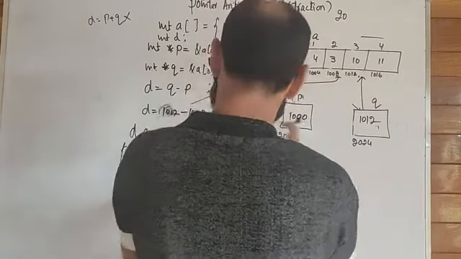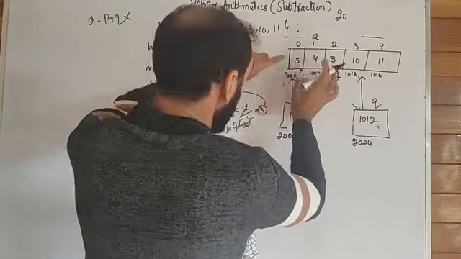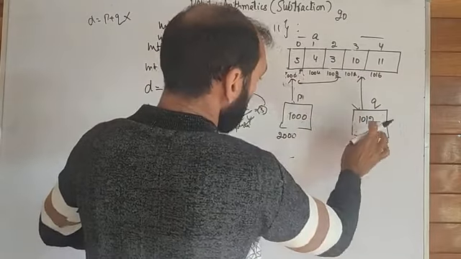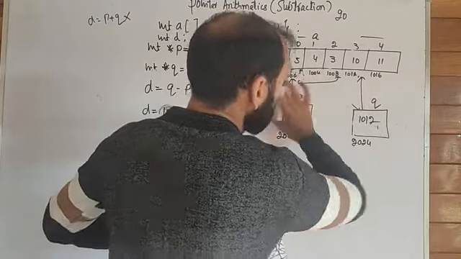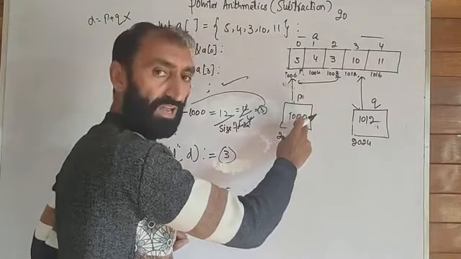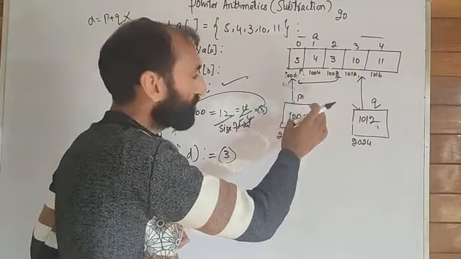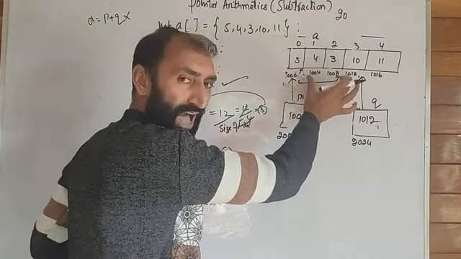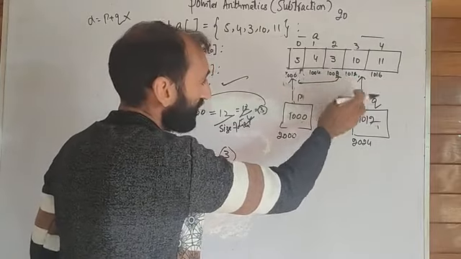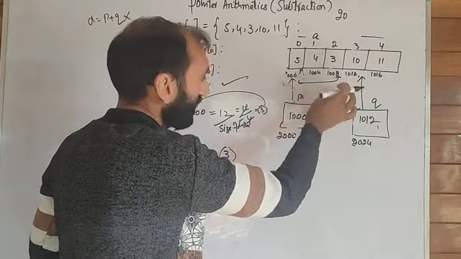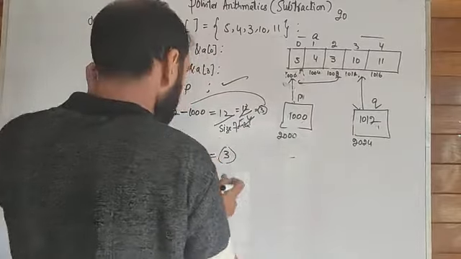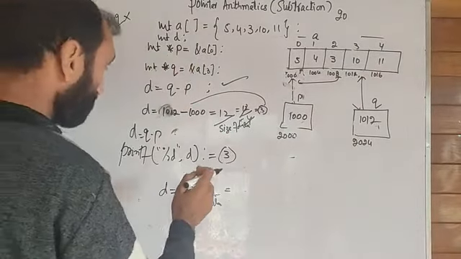This shows how far apart they are. 1012 is 3 locations apart from 1000. Okay, if I take, for example,